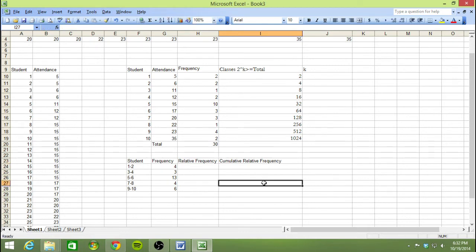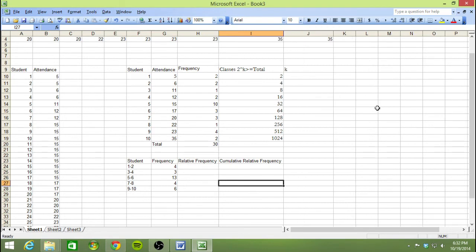Okay. So with these other pieces, then we finally finished our table on the frequency distribution and make some interesting parts